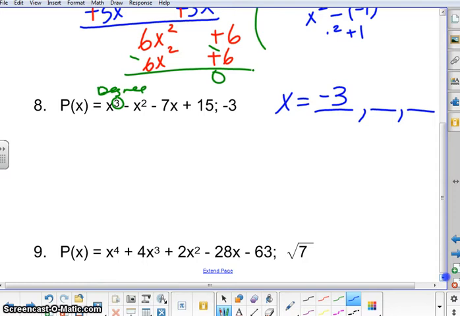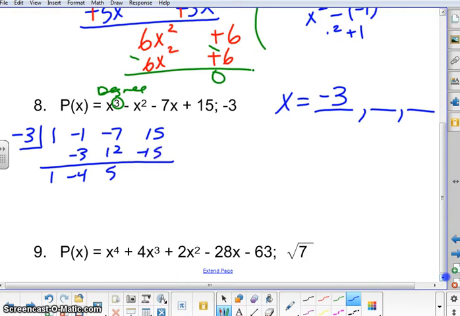But what I can do is place the negative 3 inside of the synthetic division form, and we have 1, negative 7, and 15. Push pause and go ahead and solve that. We got 1, negative 3, negative 4, 12, 5, negative 15. Okay, and then we can take the answer, very similar to 11.1,